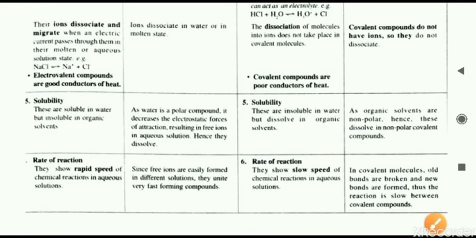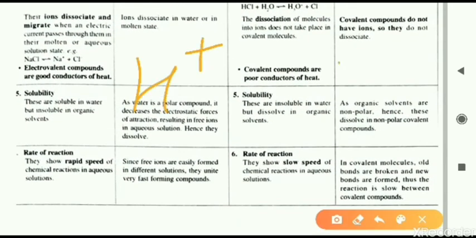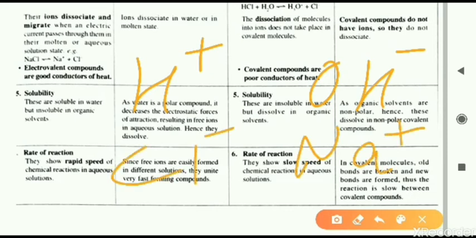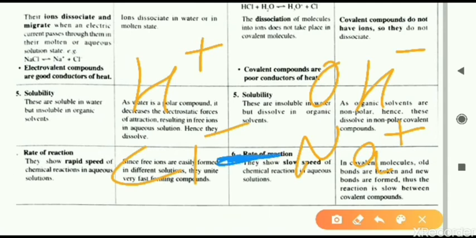So let us understand the solubility of an ionic compound. Here it is given, because water is a polar compound, the water is broken down into two parts. One is H plus, another one is OH minus. If we mix any ionic compound in this, that ionic compound dissociates. Just now we have seen that NaCl dissociates into two parts, Na plus and Cl minus. Now NaCl already has some force of attraction, that is the ionic bond, present.